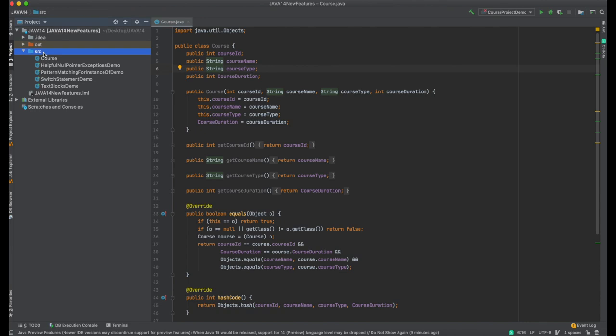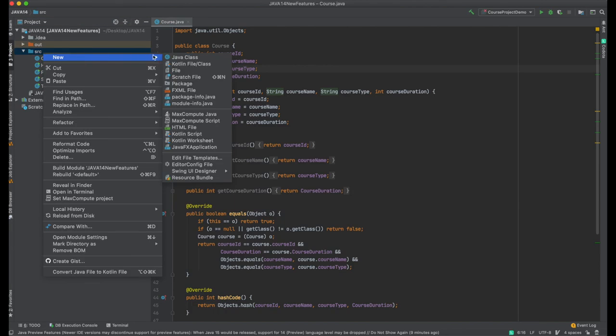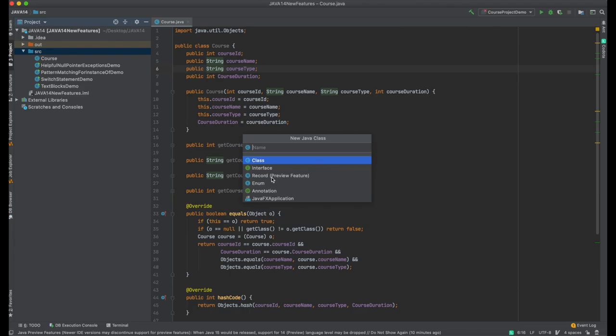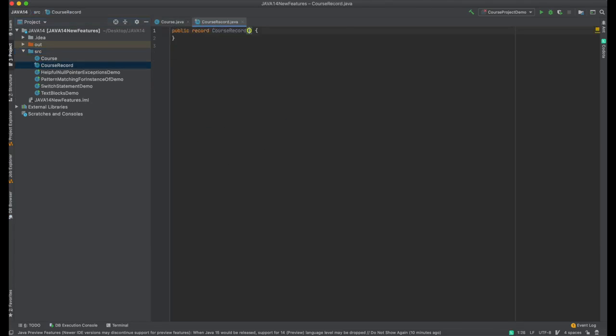Okay, to create a record, we have to click on src, new Java class. We have to click on record. So I'm giving it the name CourseRecord. So we have created one record, public record CourseRecord.